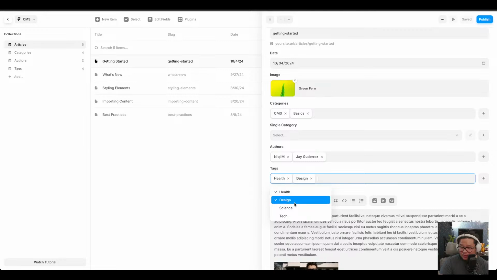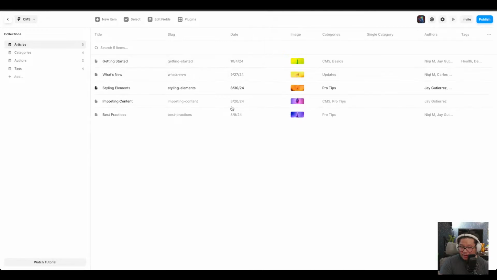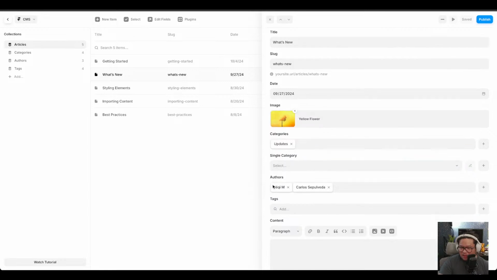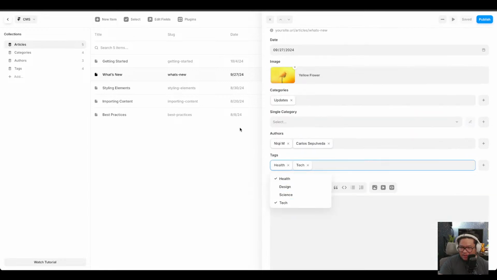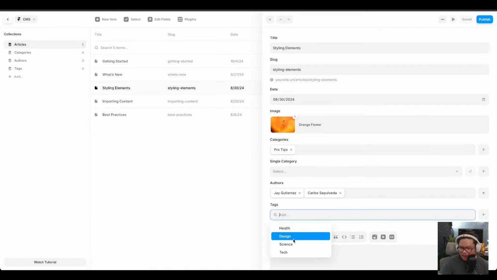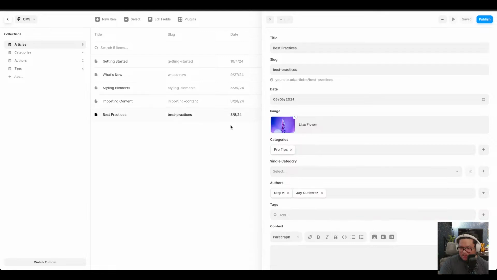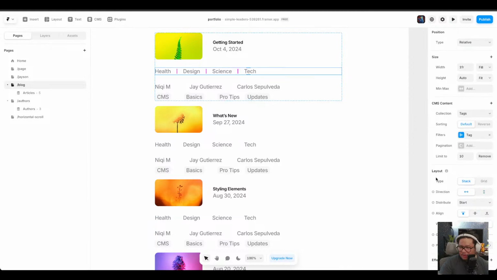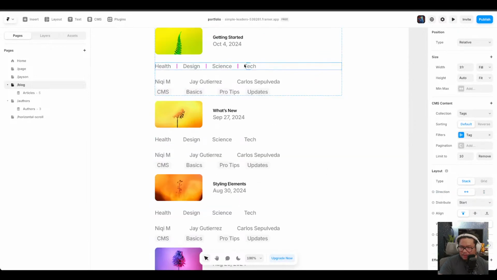Okay, so let's just add some. Three here. Dude, I love how it auto-saves. Auto-saves when I click? Come on. So fast. Boom. That was so quick. All right. So each of these have different tags. So filter